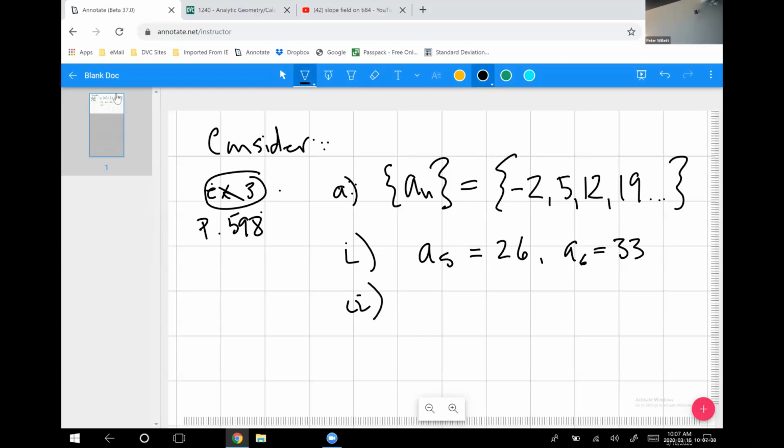So then in part 2, it says, find a recurrence relation that generates the sequence. So a recurrence relation is a way that we can observe how you get to the next term in the sequence from the previous one, how the step is taken. This is sometimes also referred to as a recursive definition. So the description that was given was that the way you get to the next term in the pattern is to add 7. And so the way I would annotate that is something like this. You can write that